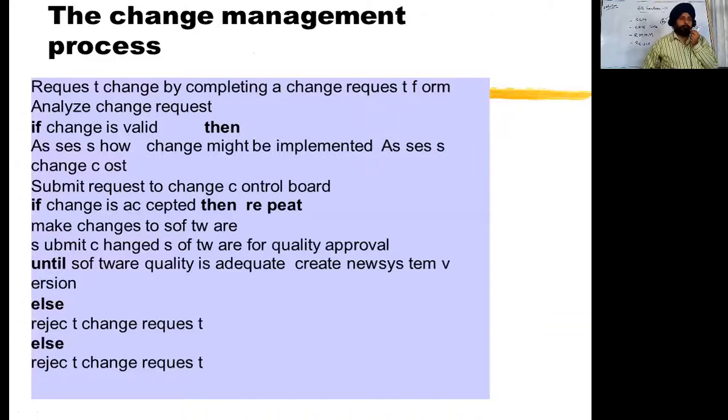So this is the way. You can go through this slide. Here the process of change is given. First of all a request comes, then we have to analyze that particular request, whether the change being requested is valid or not, feasible or not. After that only you accept the request for change, or you may reject it. So this is the whole process. And if you accept the changes, then you have to make sure that all the changes are implemented and put in records in the change management or the configuration management database. Next.